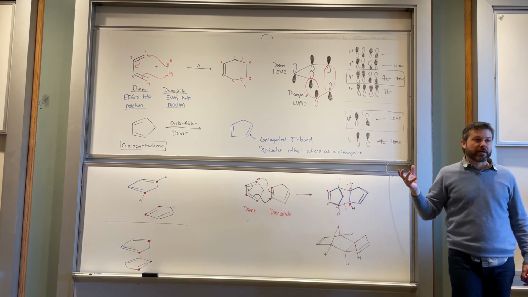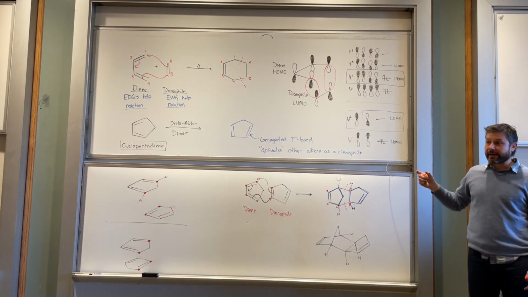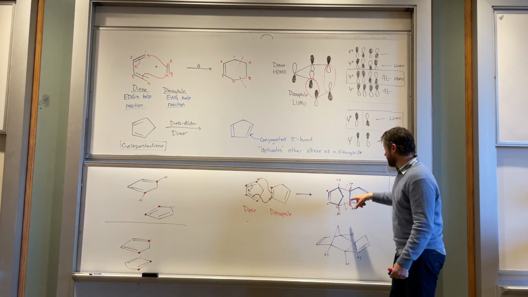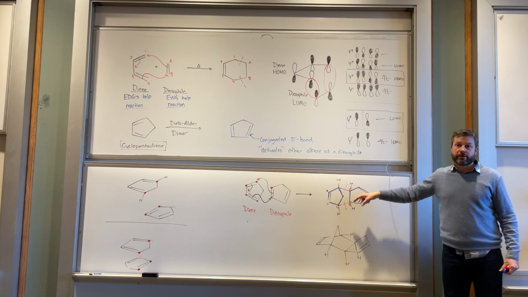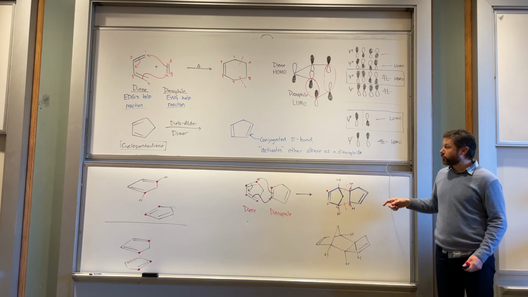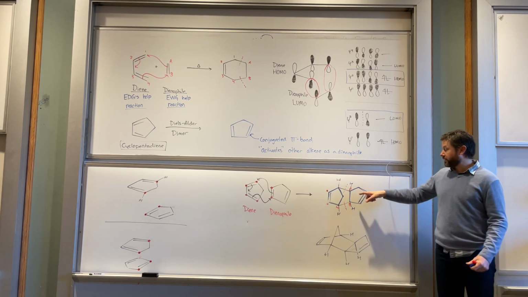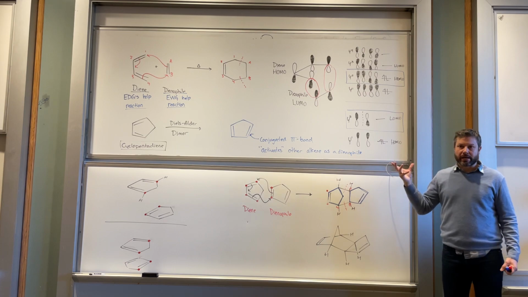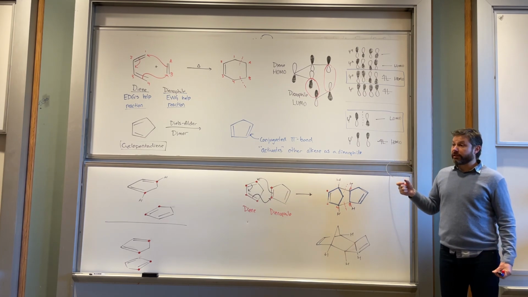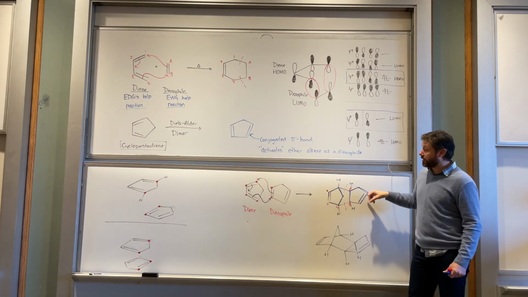So if you buy a bottle of cyclopentadiene from Aldrich and you look at it spectroscopically, depending upon how long it's been sitting around, it might all be the dimer, right? Or there might be a combination of the dimer and the monomer. And so to get cyclopentadiene, what you have to do is what's called crack it, right? So you get the dimer or whatever's in the bottle at the time, pour it into a round bottom flask, and you just boil it and distill it, and upon heating it,